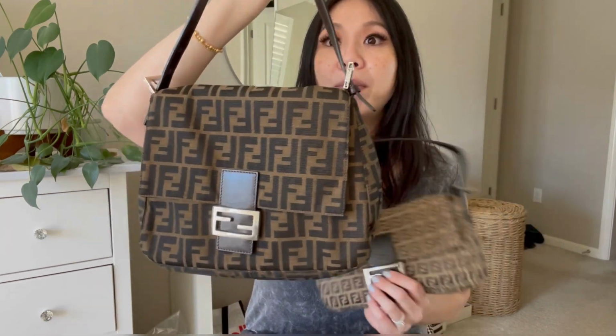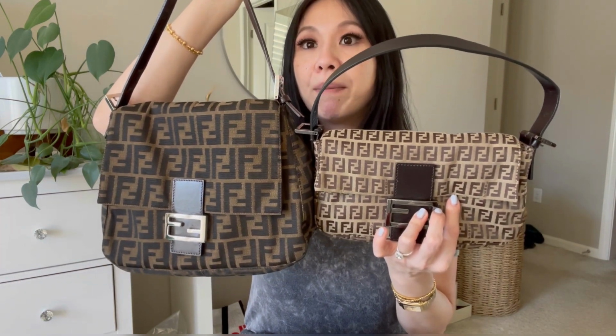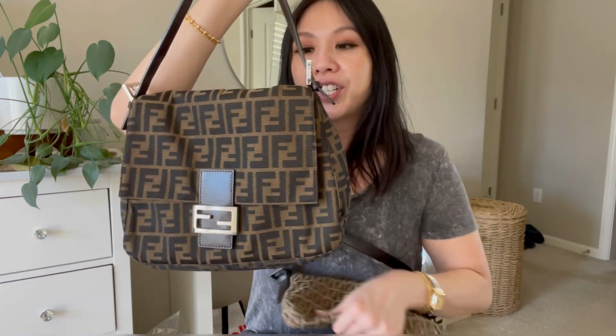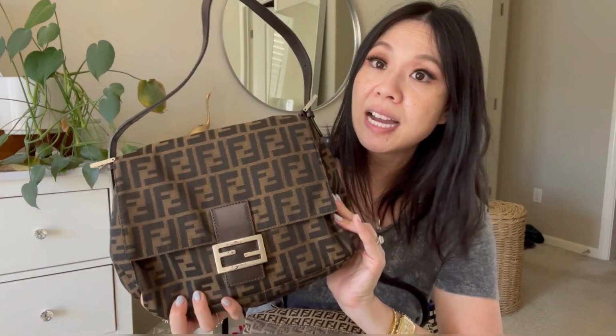Here is the mama version. You can see that it's probably double in size. I think it looks bigger on camera, but actually this one isn't super big in person. I think it's just the right size. This one is not the Zucca print, but